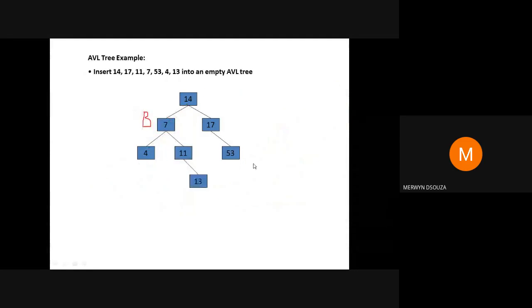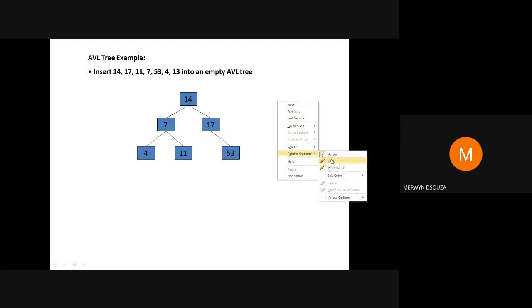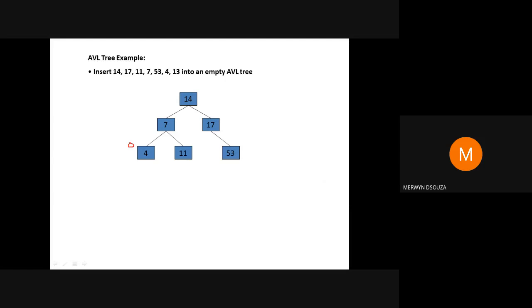So when I apply it, it will look like this. Okay, this will be B, C, and A. And now when you calculate the balance factors, you can do and see. When you calculate the balance factors, it will be balanced. You can calculate, this will be 0, this will be 0, this will be 0, again this also will be 0. So the tree is balanced.